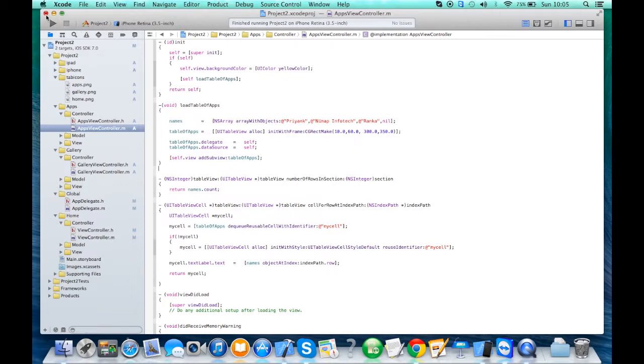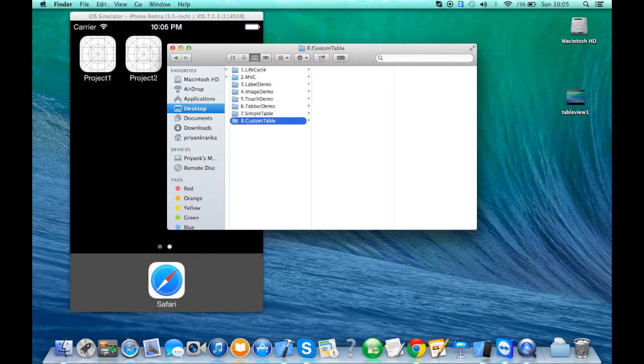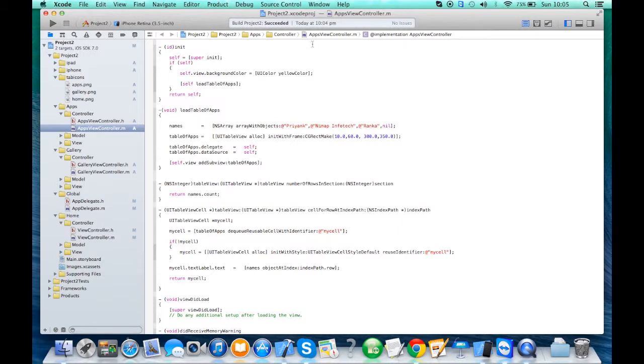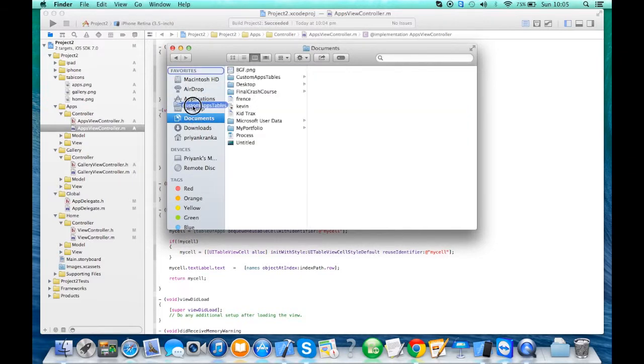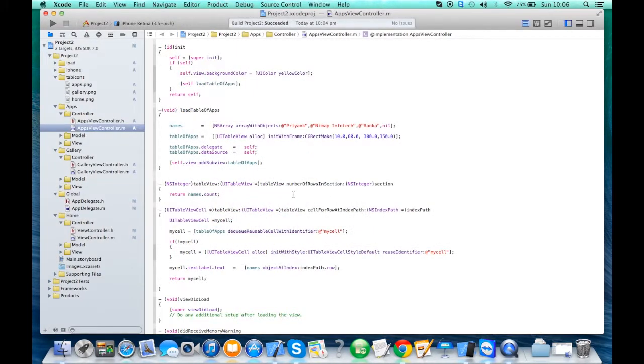So I want to close this project and create a new project. We'll go to this session progress folder, create a new folder, say custom table, copy the previous exercise project and open. Now I will be using some sort of predefined data so that my exercise or tutorial becomes more compact and easy to understand. The first thing, I have to create a model, a pure model class which holds the data